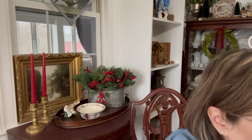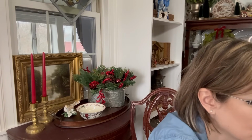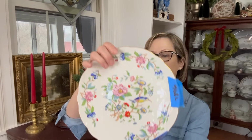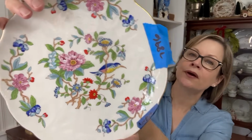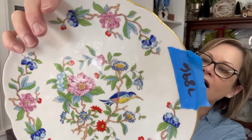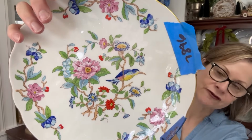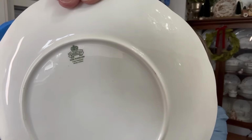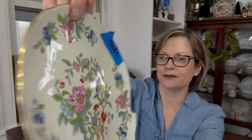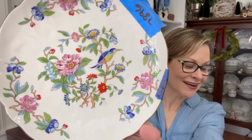So in Canton, I picked up just one lot of items. And they're very pretty. I am glad that I got them. It includes this beautiful Ainsley plate. This is Pembroke. This is a reproduction of a much older design from the 18th century. Here's the back stamp. This is a pattern that I absolutely love. So I got the plate,